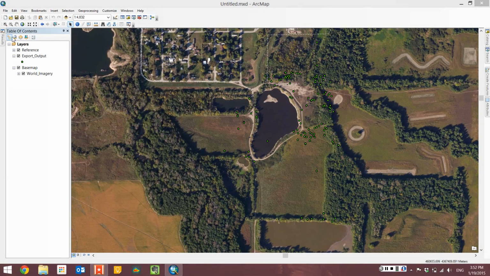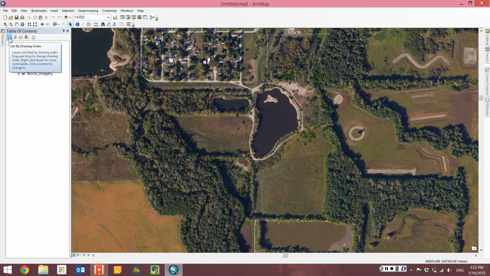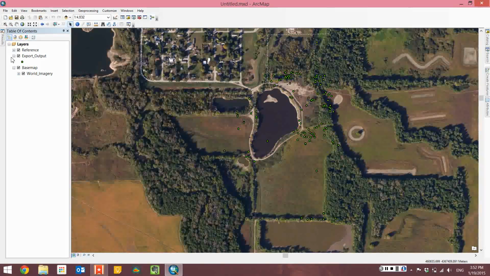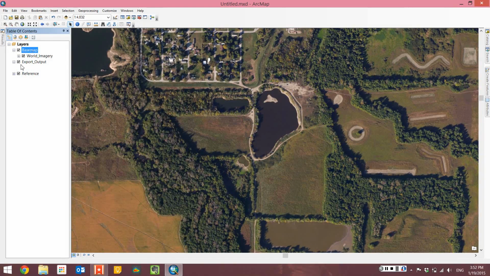for any project. One of the first ones that usually ArcMap defaults to is to list any data you have available to you by drawing order. So in this case, if I were to put the, say, reference information below export output, you would see a change, or I could shift the base map above it all, and you see the other features go away. This just shows you if something's above something else in this table of contents, that's the order in which ArcMap